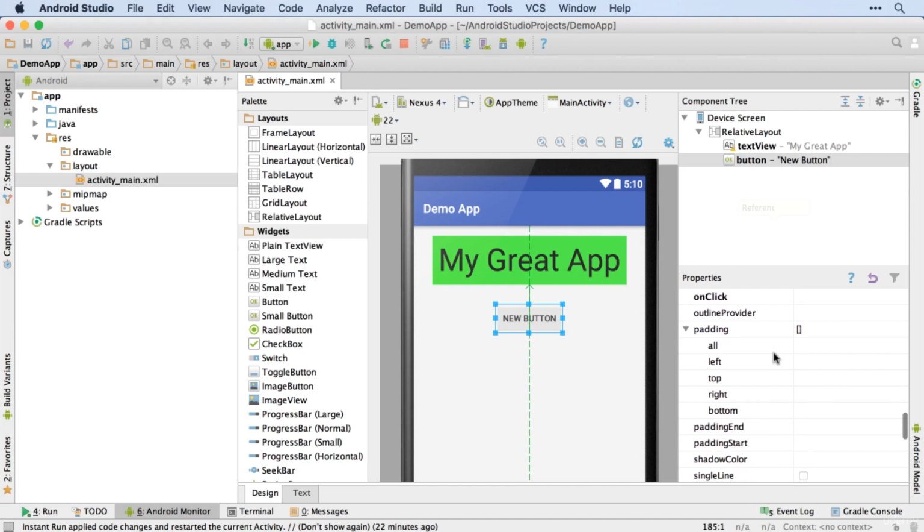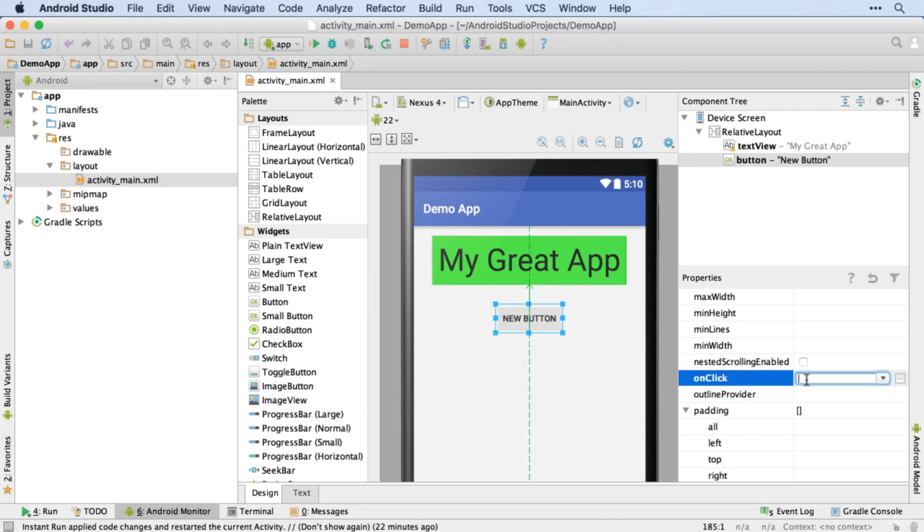But I'm actually going to ignore all of that this time and go straight to this new property called the onClick property. And what this does is it allows us to do something when this button is clicked. And all we have to type in here is the name of the chunk of code, also known as a function or method, we want to run when this button is clicked. So I'm going to call it click